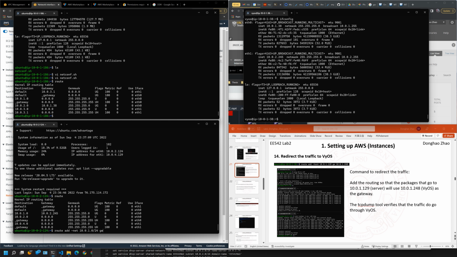And so any package that has a destination to this network will use the second interface of the VyOS as its gateway. So after we run this command, a routing entry will be added to the routing table. So if we run this route command on the client and server, we can notice that